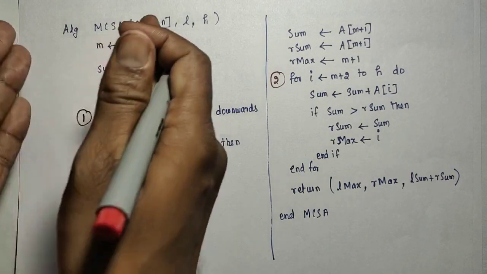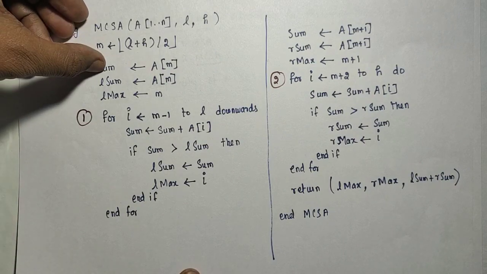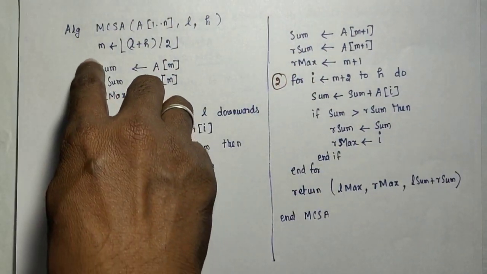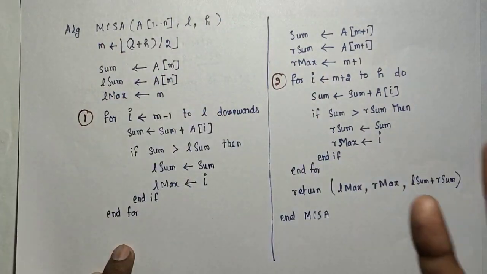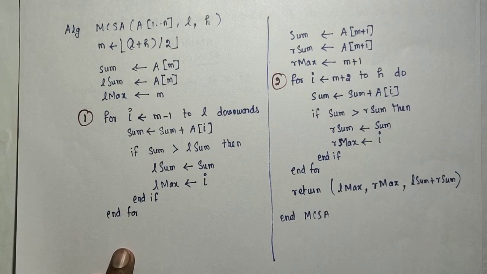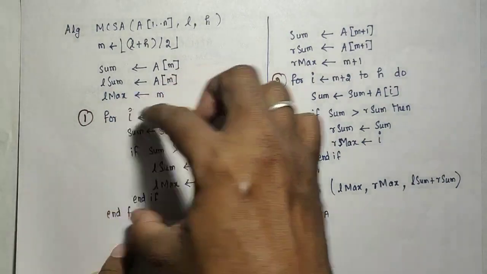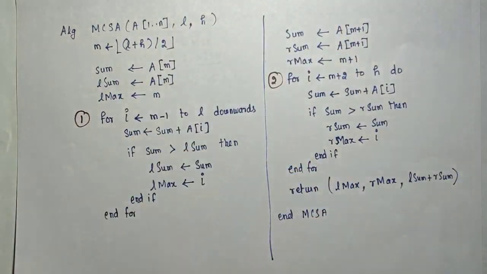So your complexity of MCSA will be proportional to this one. Suppose if you want to count all the operations, that also you can do. So 1 plus 1 plus 1 plus 1 and the number of iterations and the number of iterations. Since this is a constant, that is 4 statements, it is not depending on the size n. This is going to be a constant. So in the final expression we are going to ignore the constants, so we can ignore them here itself. So encounter the for loop, number of iterations in the first one, number of iterations in the second one, like this.